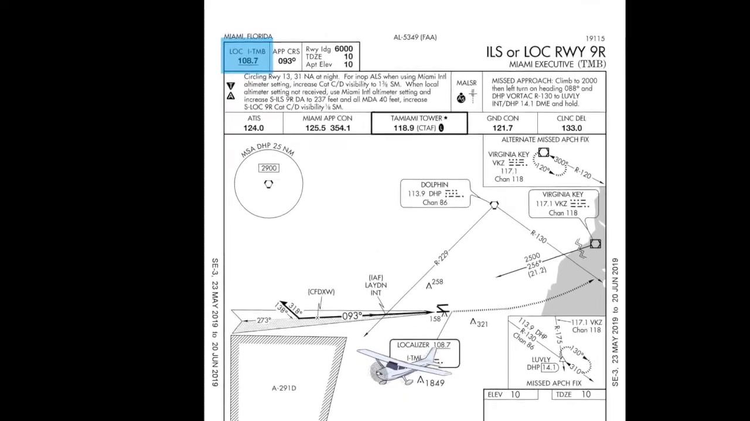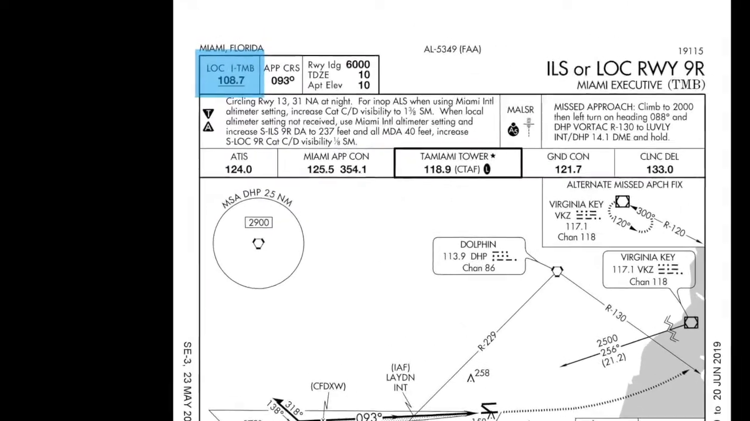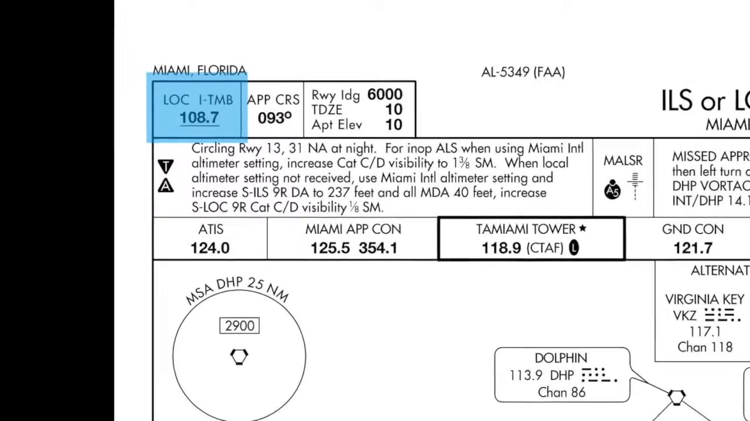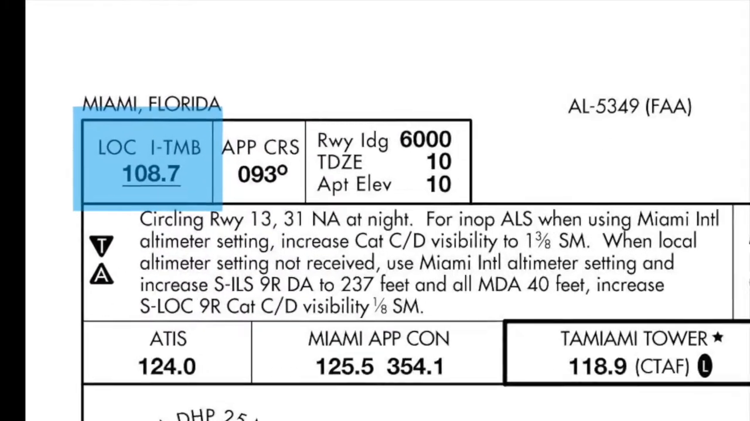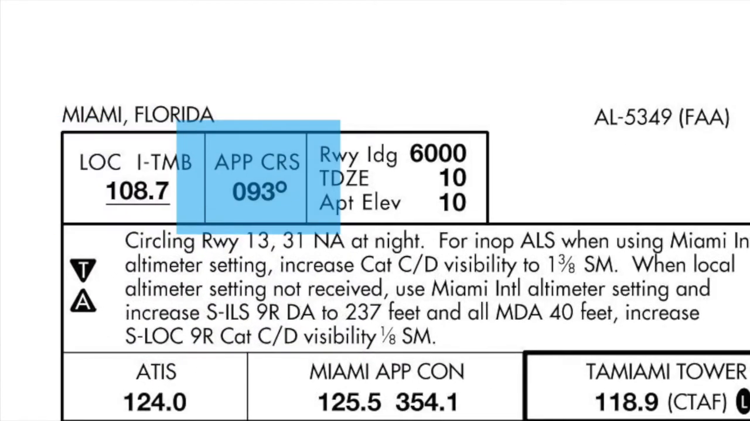The localizer frequency at the top left corner there you'll see is 108.7. We should have that already tuned in to nav 1 or nav 2, whichever we're going to be using as our primary instrument for navigating the ILS. Our final approach course is going to be 093. It's just next to it on the right, and we should be twisting the CDI or our HSI to that